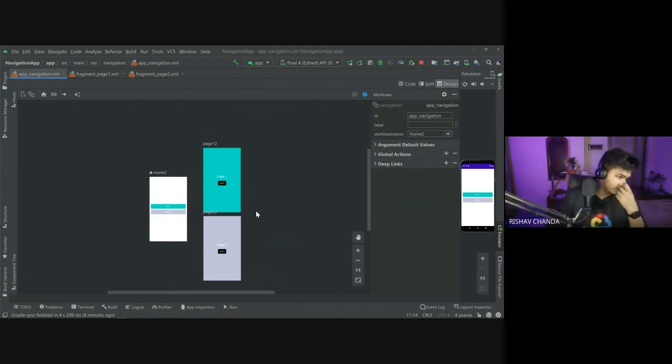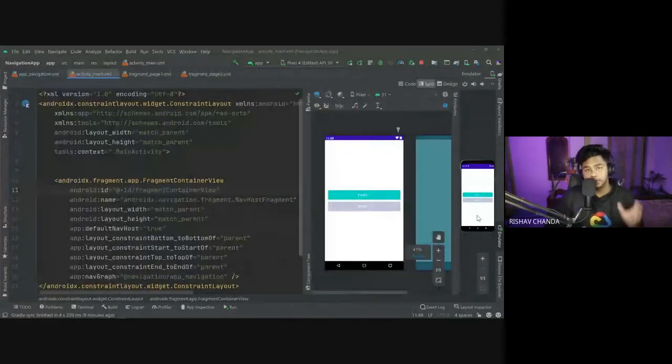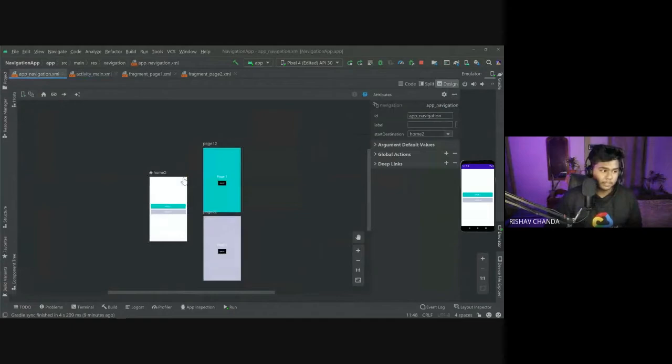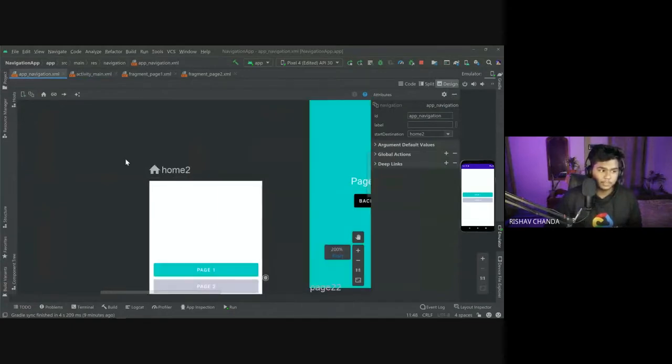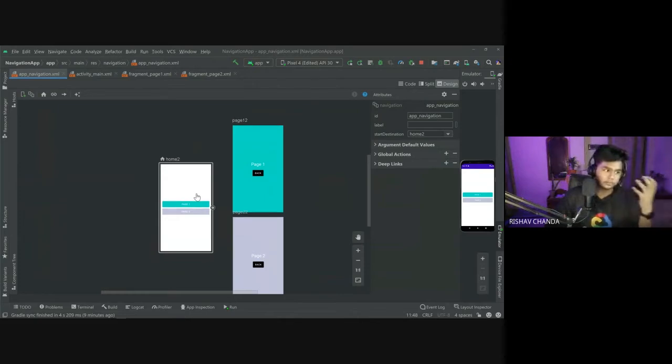Like as I told you about the navigation graph, one more thing I would like to point out here, that if you open the main activity, means the activity layout code, what you would see, this one is the home page, right? By default, we haven't set it, but by default this one is the home page. You can change this one by simply coming here. Now you can see there is a home icon, right? So this icon means this one is the default home page, like the default fragment which will come when you run the app without setting anything.